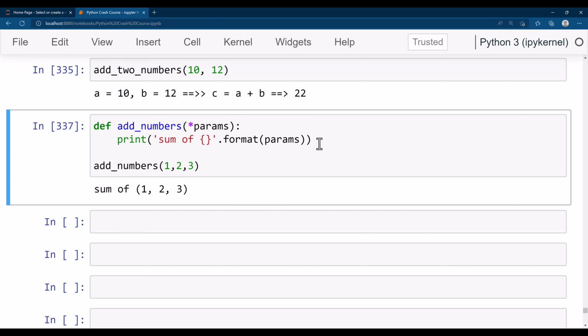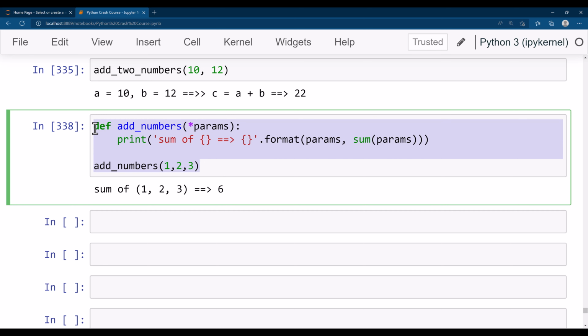All right, so the sum of these is equal to, and again I'm just going to put the curly braces here, then do a format, then a sum of all the values present inside this params, something like that. So the sum of these values is 6 there. All right, perfect. Let's see, if you don't want these values in the form of tuples,